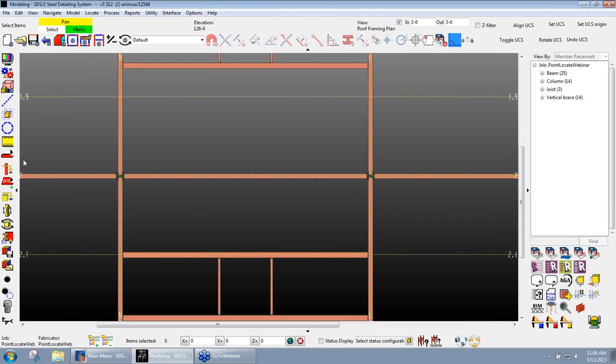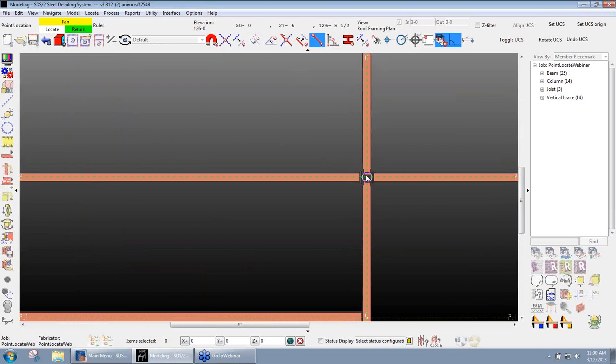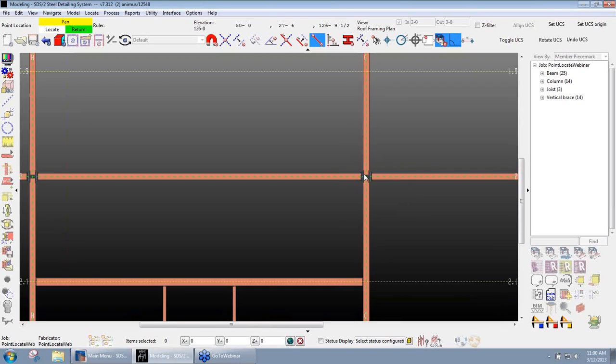So if I just go ahead and use my ruler right now to show you a few things, I'm going to use exact point. That should snap to the exact point of my column. Notice the XYZ feedback at the top of the window indicates to me the Z direction or the elevation is 126-9.5. Well, maybe I know that I have something 2.5 inches down from that, so I can come down here